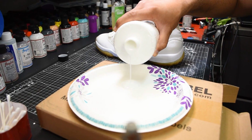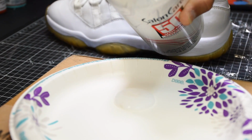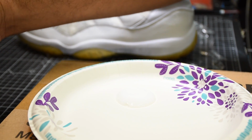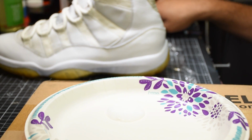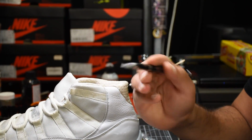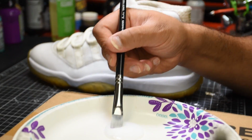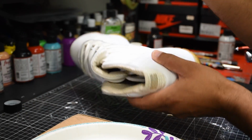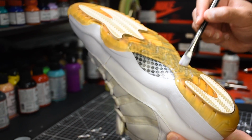I like to pour this out in smaller sections, that way you don't waste product if you don't need to. It's kind of my rule of thumb in a lot of things. And now we're going to just go ahead and grab a brush here. Grabbed a pretty big brush because we're working on a bigger surface. And I'll flip this guy over now, and we will just start